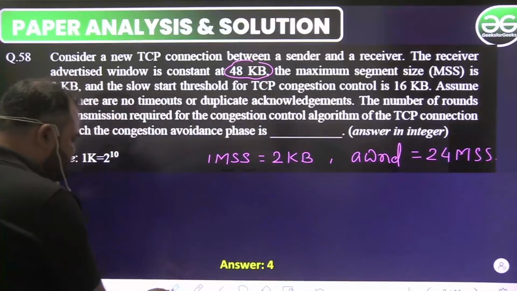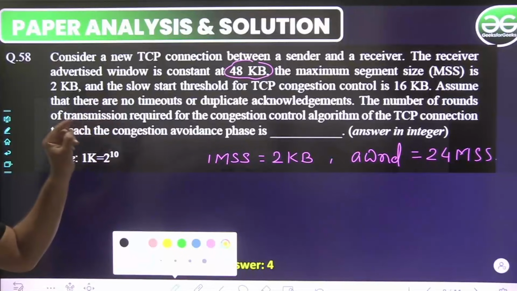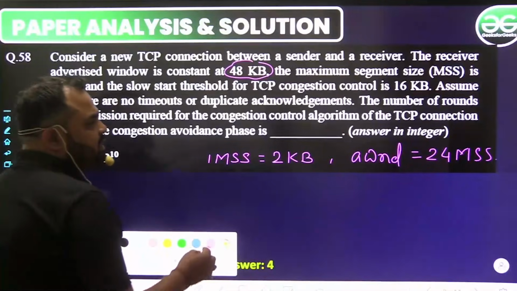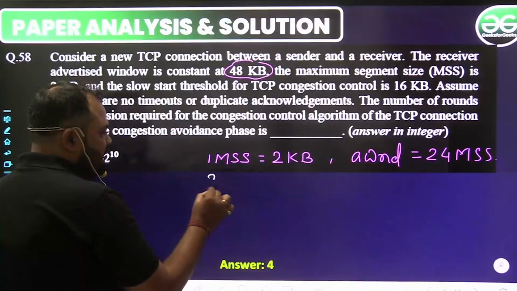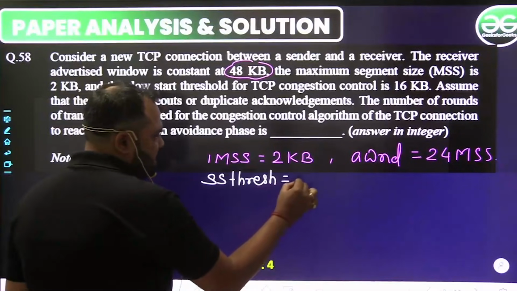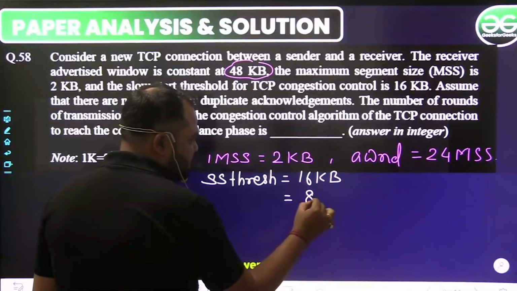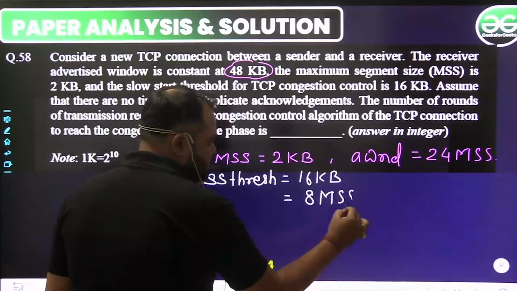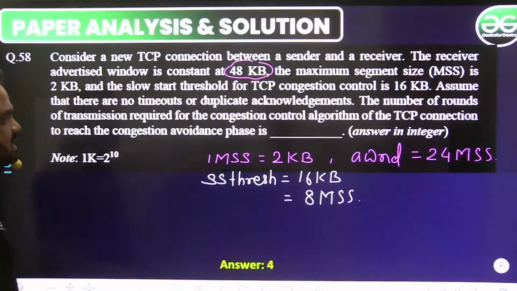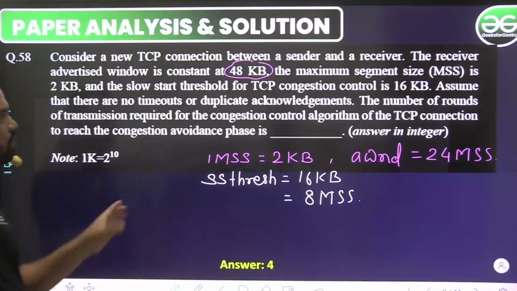ये बात क्लियर है, ठीक है ना। चलिए उसके बाद क्या बोला जा रहा है, and the slow start threshold for the TCP connection is 16 किलोबाइट। तो एसएस थ्रेश हमारा कितना हो जाएगा, दिस इज गिवन एज 16 किलोबाइट, it means 8 MSS, ठीक है। ये हो जाएगा हमारा एसएस थ्रेश। अब क्वेश्चन क्या है, assume there is no timeout और द डुप्लीकेट एक्नॉलेजमेंट, कोई टाइम आउट नहीं हो रहा है, कोई डुप्लीकेट एक्नॉलेजमेंट नहीं है।